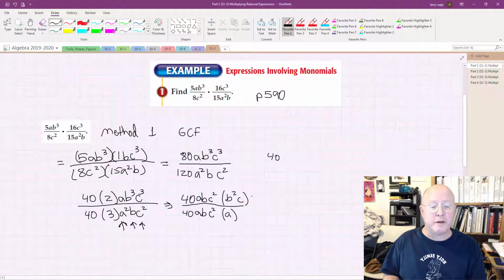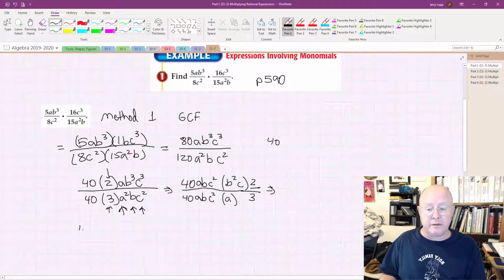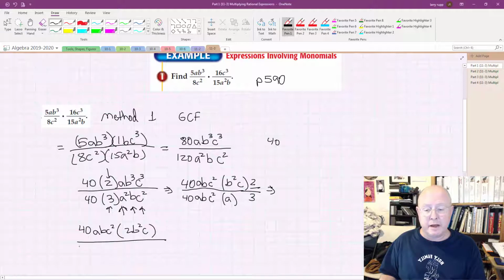Now, don't forget the numeric coefficients, which I didn't write in here. These guys right here. All right, so there's a 2 up top, and we'll multiply those out here at the end. 2 and a 3 on the bottom. So overall, what this says is we can take out a 40ABC squared times 2B squared C for the top guy, and we factor out 40ABC squared on the bottom, and we're left with